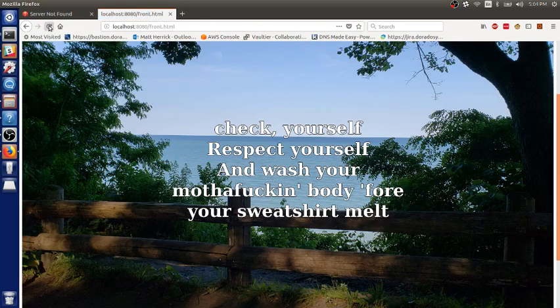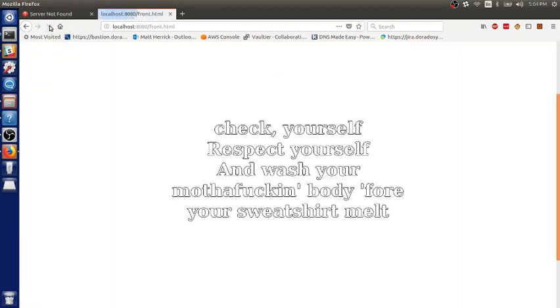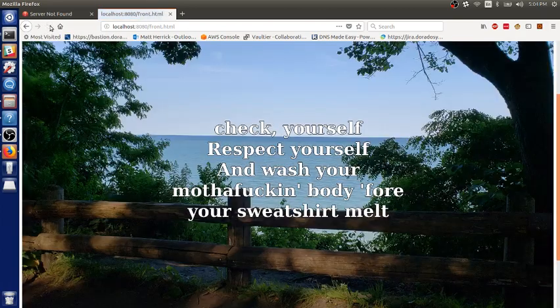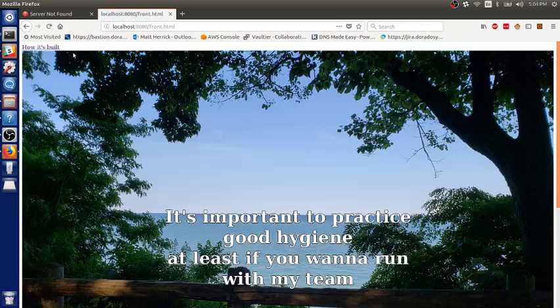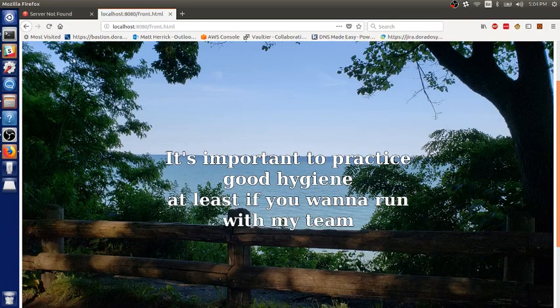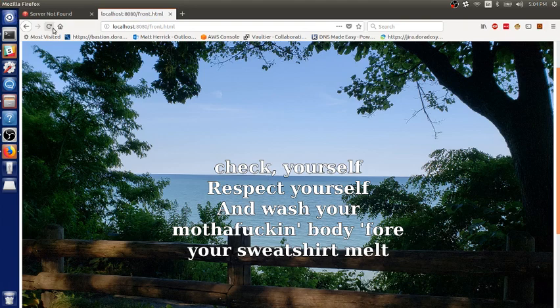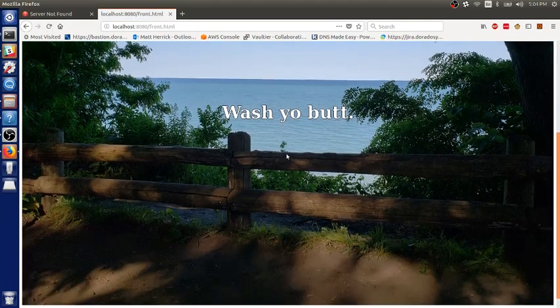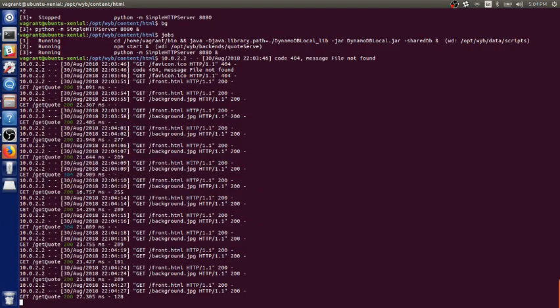So every time I refresh, it'll get a random quote from that database. There's only 11 in there, so you're going to get some duplicates, but I overlaid it over this natural image for some reason. I don't know why I thought that was necessary. But that's it. That's the front end, the back end,